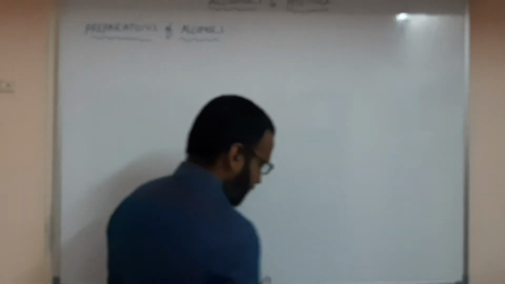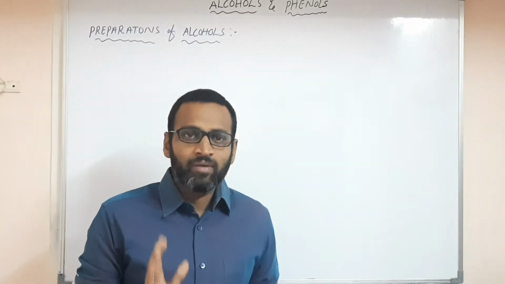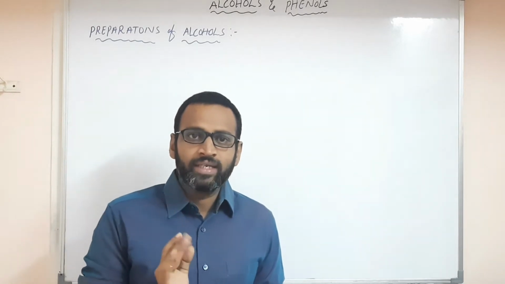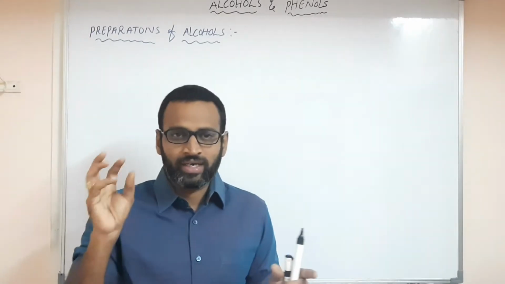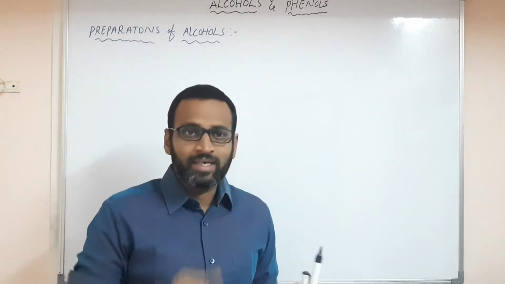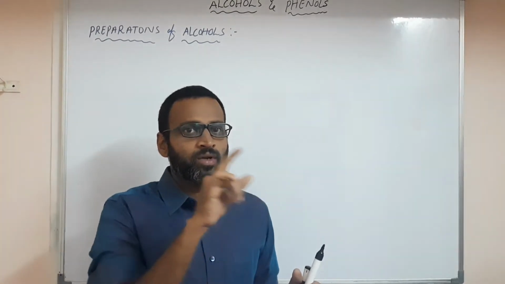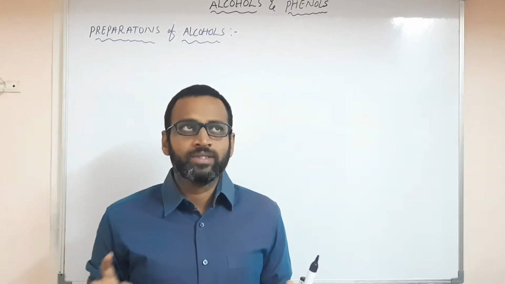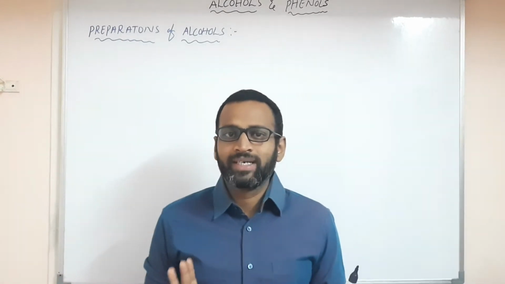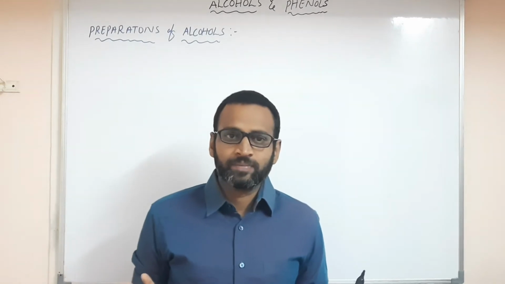So this is about the preparation. Don't worry about all these things, we will discuss them again in amines and diazonium salts. You have to do only one thing: write every reaction and how the reactants are converted into products. For example, the Sandmeyer reaction: diazonium chloride is converted to halobenzene, meaning chlorobenzene or bromobenzene, and cuprous chloride or cuprous bromide is the reagent. Like that you have to remember every reaction.